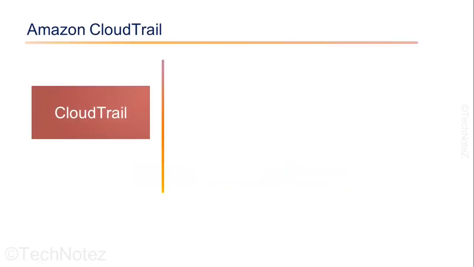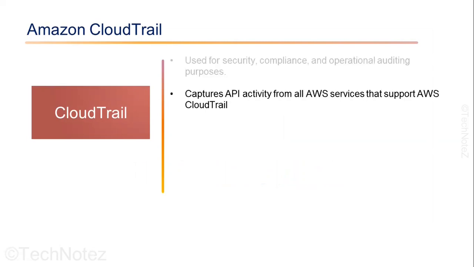AWS CloudTrail enables you to log, continuously monitor, and retain account activities. This is useful for auditing and compliance purposes as well as for troubleshooting. CloudTrail can be used for security, compliance, and operational auditing purposes. CloudTrail captures the API activities from all AWS services that support AWS CloudTrail, including S3, EC2 instances, AWS Lambda, and